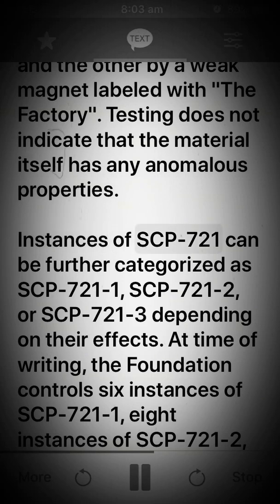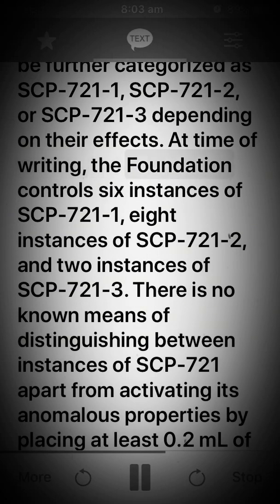Instances of SCP-721 can be further categorized as SCP-721-1, SCP-721-2, or SCP-721-3 depending on their effects. At time of writing, the Foundation controls 6 instances of SCP-721-1, 8 instances of SCP-721-2, and 2 instances of SCP-721-3. There is no known means of distinguishing between instances of